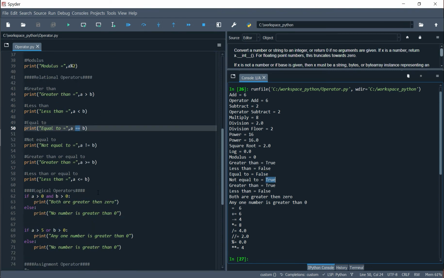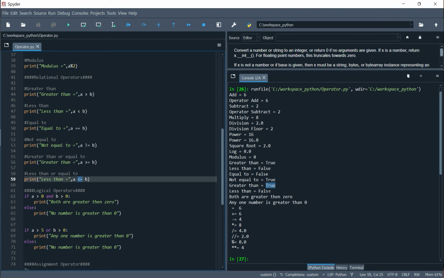Then there is greater than and equal to. If A is greater than or equal to, we can check two conditions together. So this is also possible, and you can see that it is true. Okay, A is greater than. And in a similar way we can check for less than and equal to, two conditions together, and then you can see